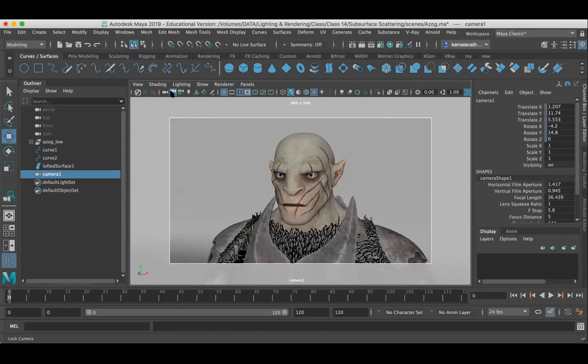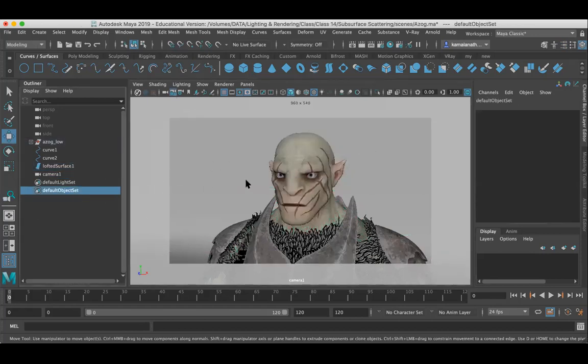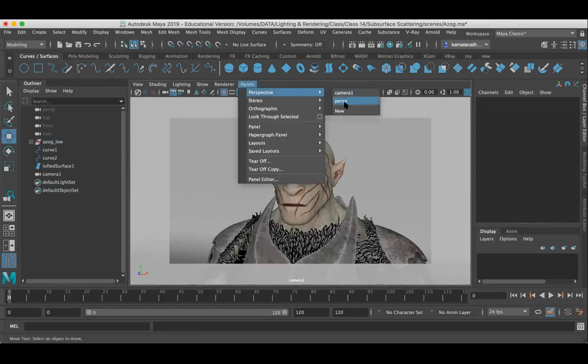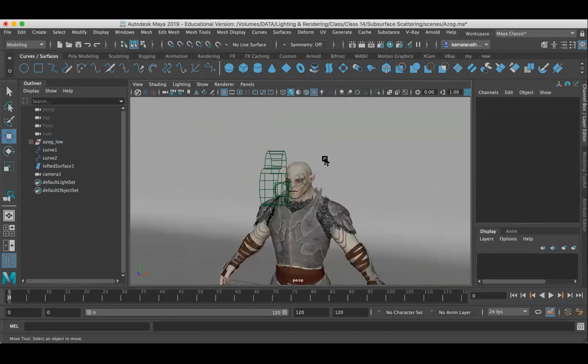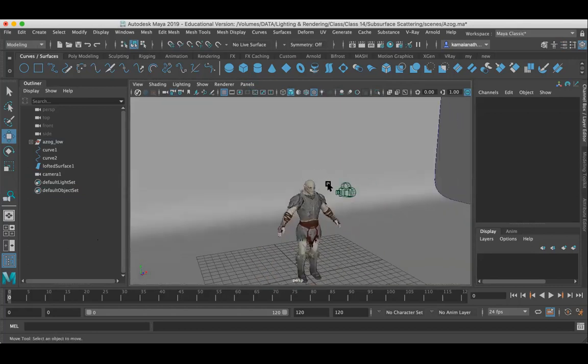So lock the camera. You cannot pan, move your viewport, zoom, anything. That means your view is locked right now. Now go to panel, perspective, and switch back to perspective view so that I can add lights.